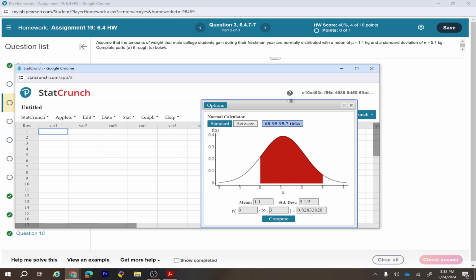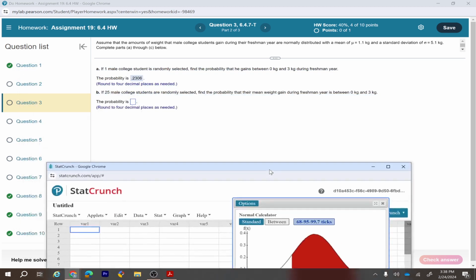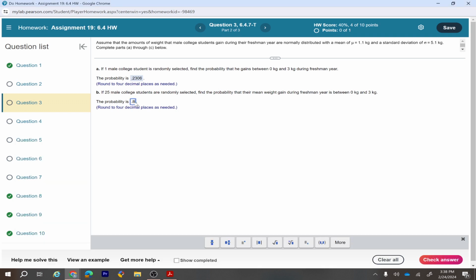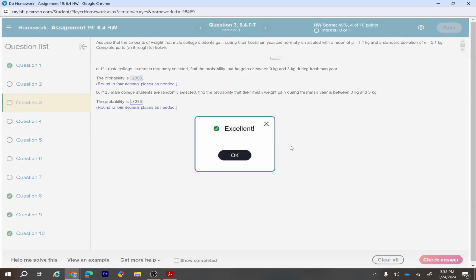And that's 0.8283. So 8283, that's the chance. 8283, their mean would be in between 0 and 3 kg. Okay,